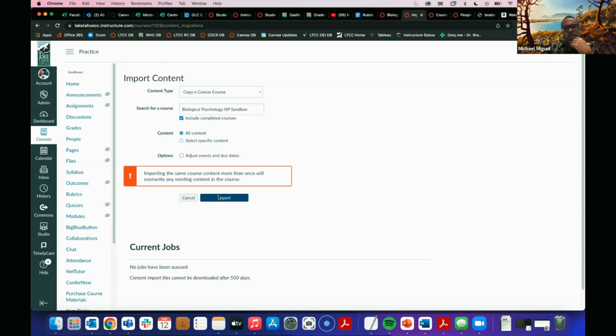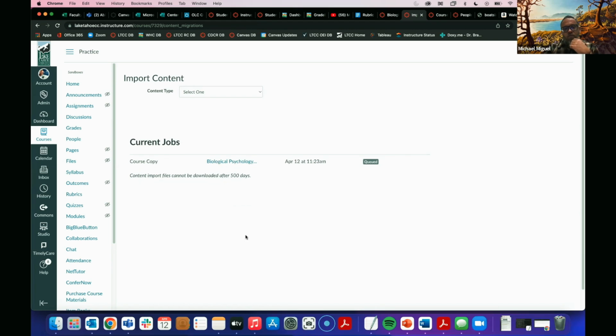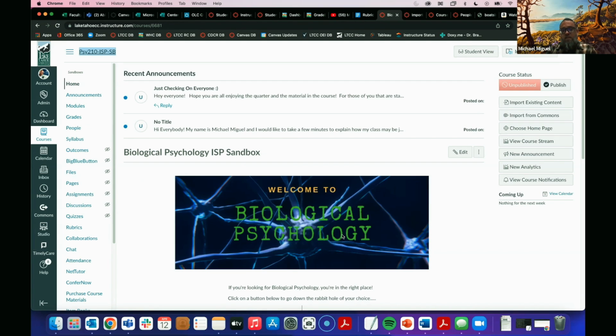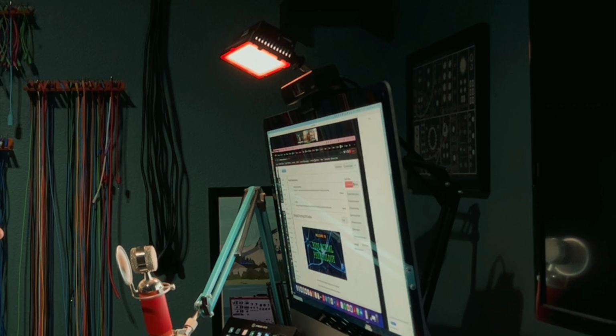Once you've done this, you just click the import function and you'll get this course copy. It's copying this course and it's queued. Depending on your bandwidth and how busy Canvas's servers are, it may take longer, it may take shorter. So from there, that's going to be running, and once it is done, all your content will be in this course. So it will look exactly like this in your current term's course. I really like that tip.